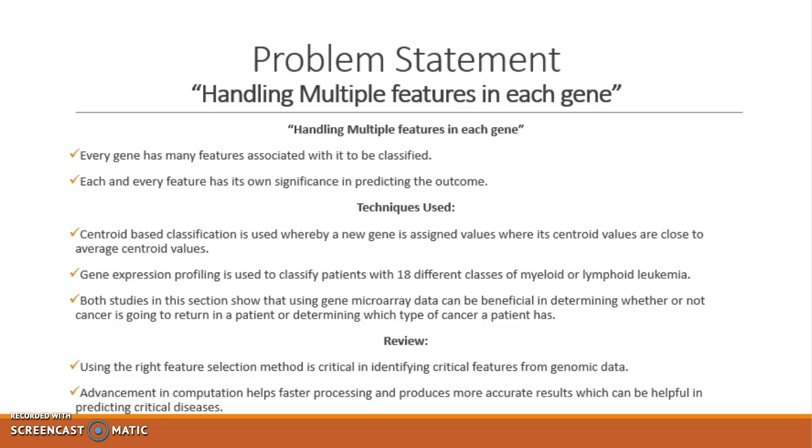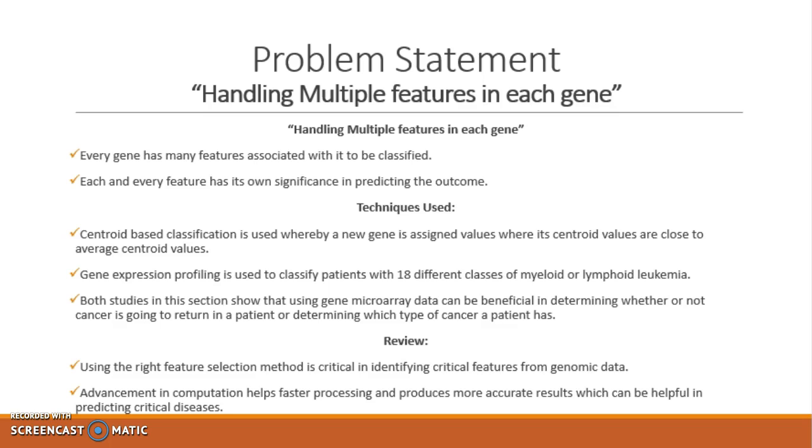Profiling gene expression, whereby measuring of the activity of thousands of genes at once to create a global picture of cellular function, is used to classify 18 different classes of cancer like leukemia. Using the right feature selection method is critical in identifying critical features of genomic data. My personal review on this paper is use of advanced computation techniques produces more accurate result which can be helpful